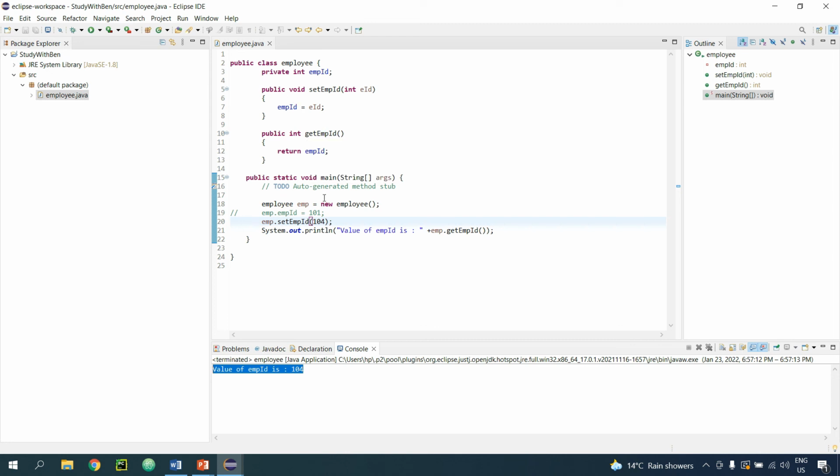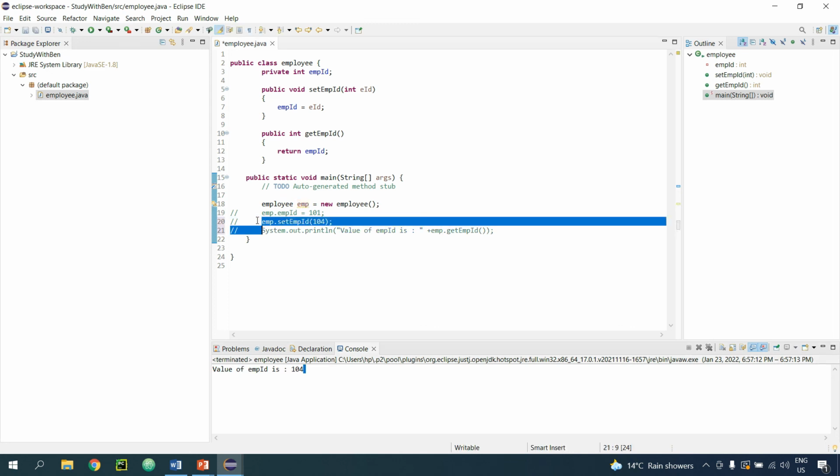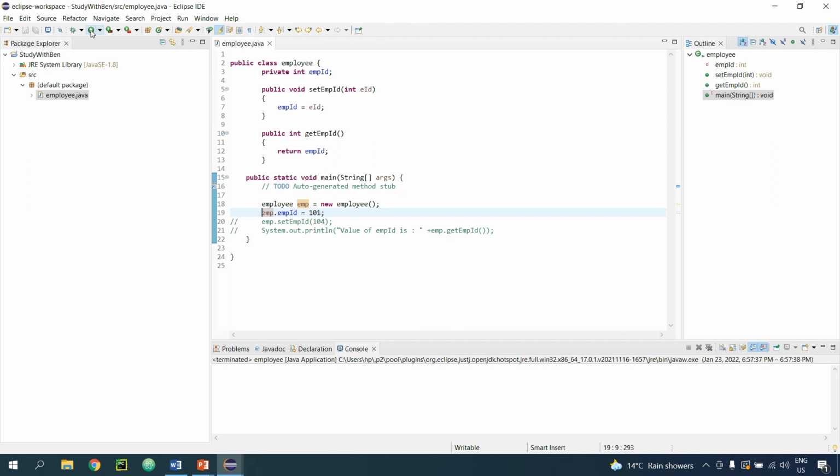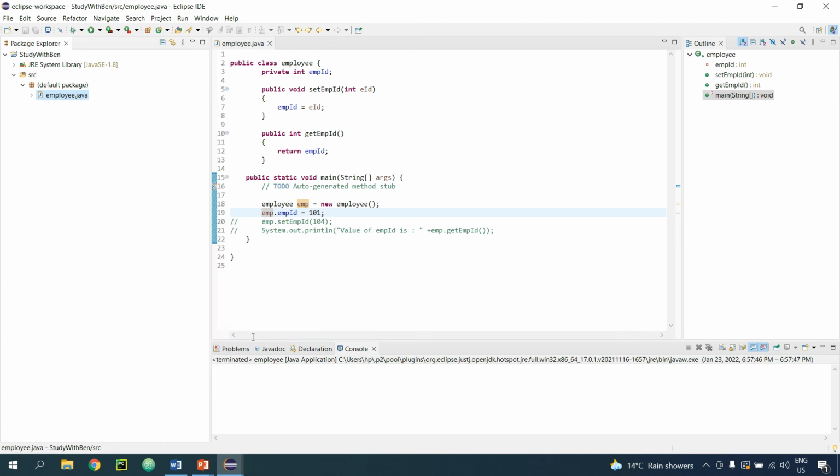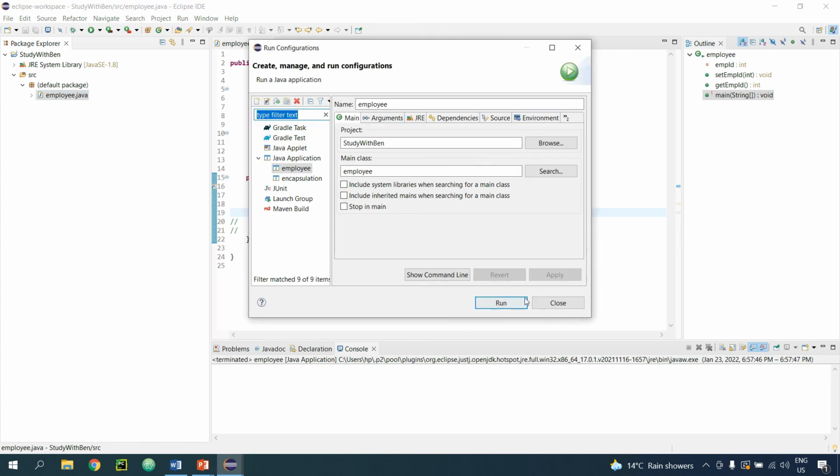I mean, see, if I just comment these 2, okay, let me go here. I am commenting these 2, and I'm uncommenting this one. Are you getting any output? No. See, I am executing it. If you have any doubt, let me do it. Run as, run configuration. See, I'm not getting any output. You see, if I go for run,